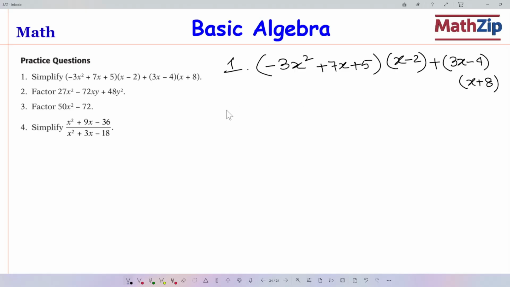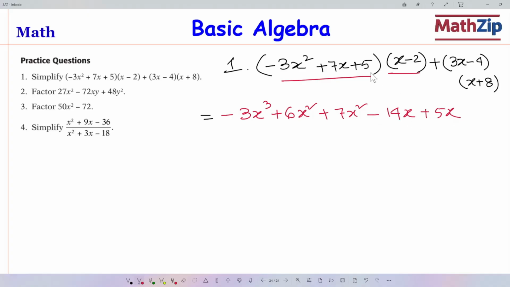So first, it's a simple thing. We will multiply this expression with this expression. It means minus 3x² times x, which is minus 3x³. Then minus and minus, once you multiply, it will be plus; 2 times 3 is 6x². Then plus 7x² minus 14x, then plus 5x, and plus and minus, once you multiply, it will be minus 5